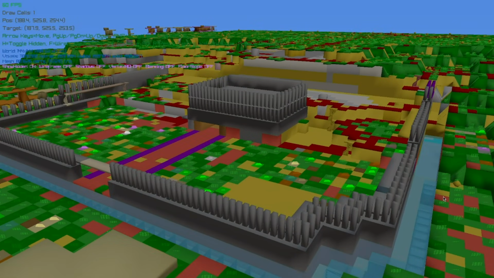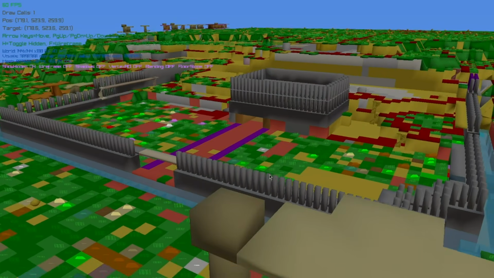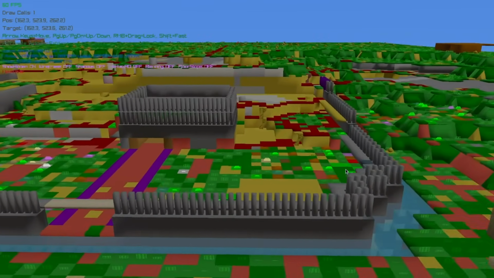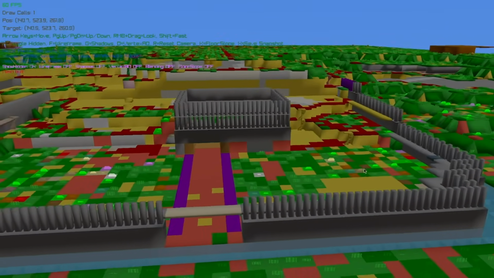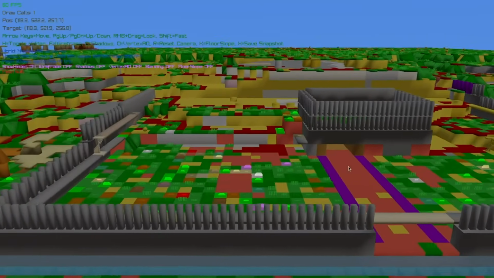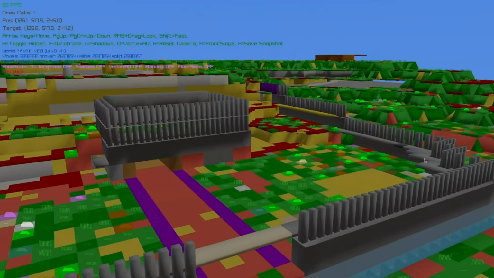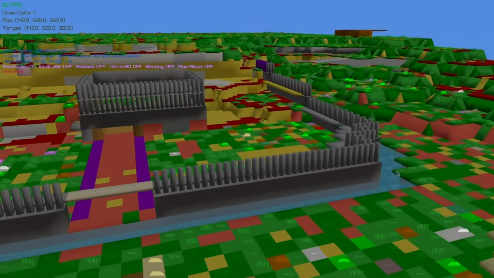Hello, my name is James Simo, and I wanted to quickly show off my Dwarf Fortress voxel world viewer thing. I already demoed this in a YouTube video, but it had no voiceover or anything. And I kind of wanted to update people about exactly what this is, what's going on behind it, I suppose,